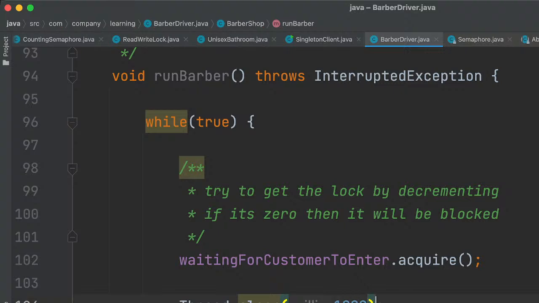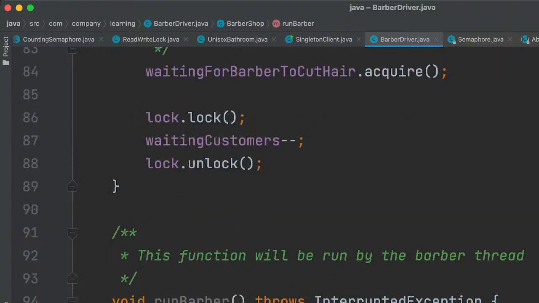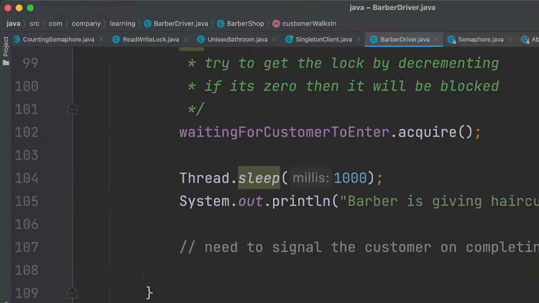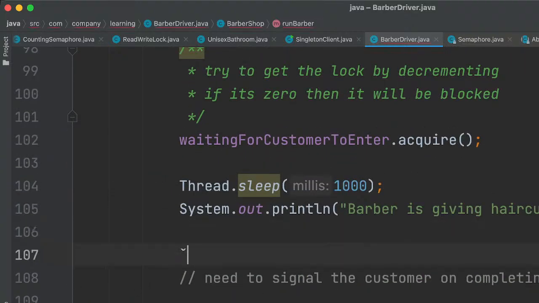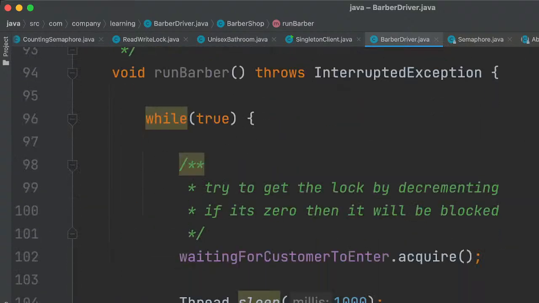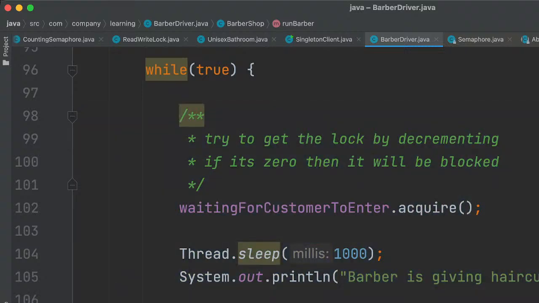And what we can do is, waiting for Barber to cut the hair, and so release. So once Barber releases the permit, it means we increase the permit count, which translates to the haircut is done.